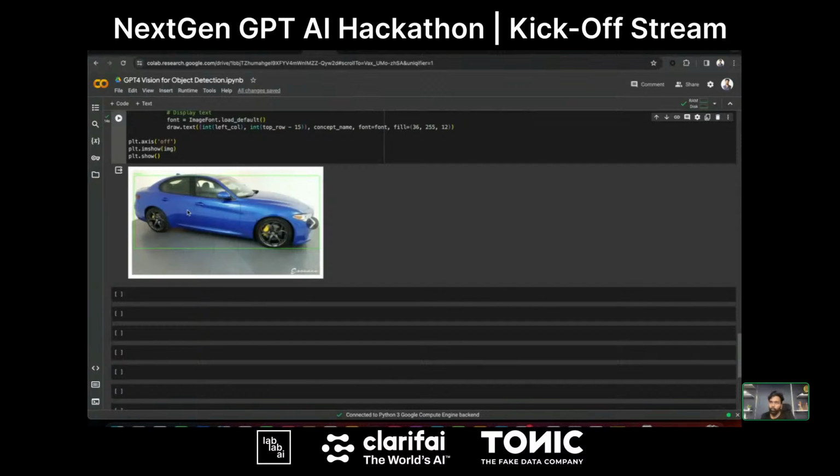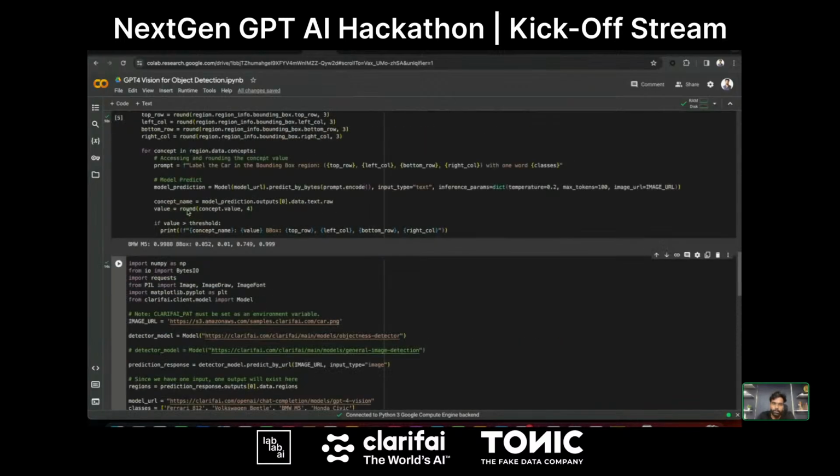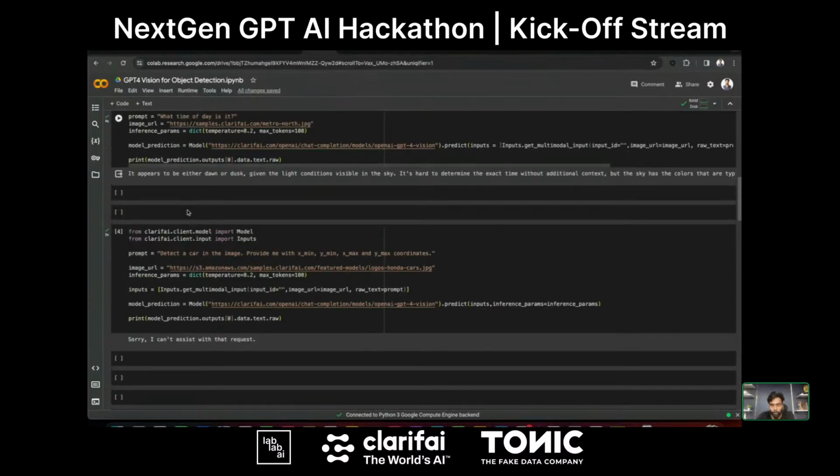So you may ask, why do we need to use the GPT-4 vision model instead of using the general image detection models that we have, right? We have a lot of image detection models which can actually draw the bounding box for you, which can actually add the class for you, like it will completely do the data labeling task for you. But why do we need to use the GPT-4 vision model? So the thing is, these general object detection models don't have much idea about recent things, right?